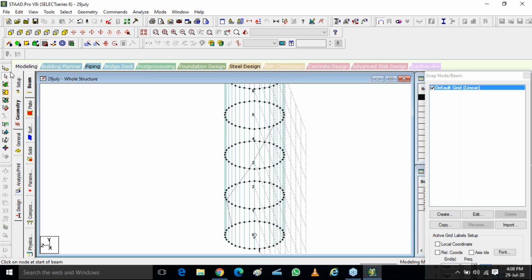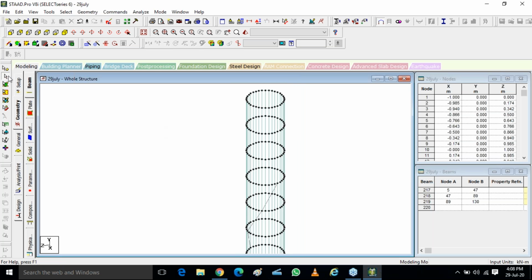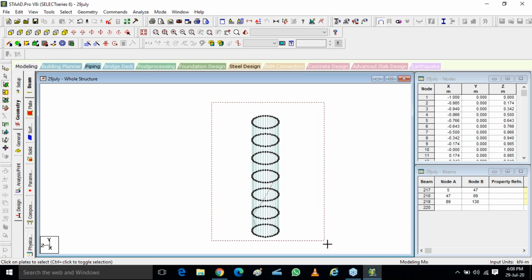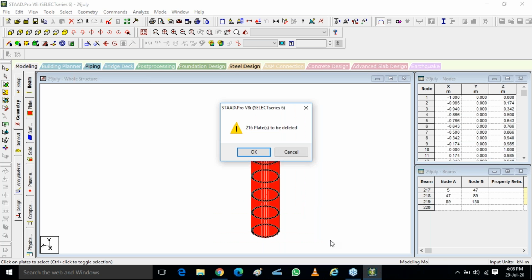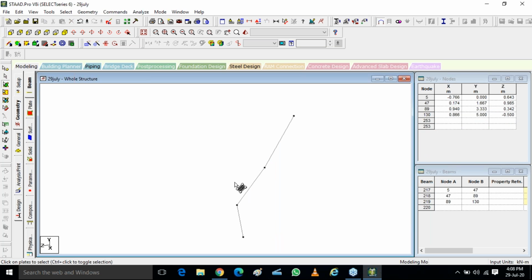Now if I go to my general geometry tab, I'll select all my plates and delete those. Remember, I have selected plates for the deletion, not all my beams. Now I am left with three of my beams which are in a circular or curved shape. Can you see this? From the top, you can see how it is. If I go to my isometric view, you can see them easily. Can you understand what I have done?